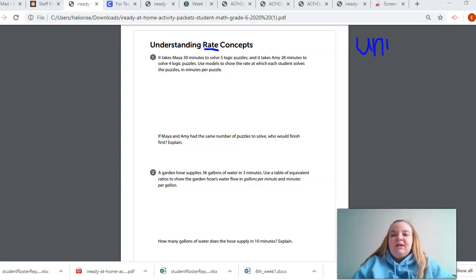So what is the label after the number? In this case, we're talking about minutes to puzzles. Whether it is minutes to miles or elephants to peanuts, rates always have to do with focusing on the units. So for this problem, we are going to,